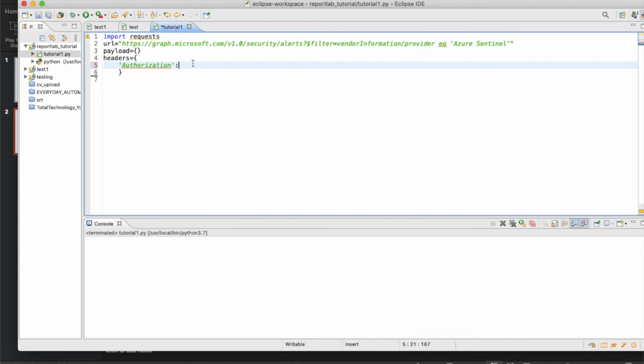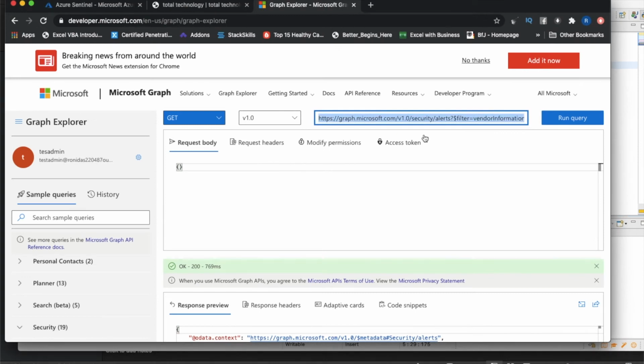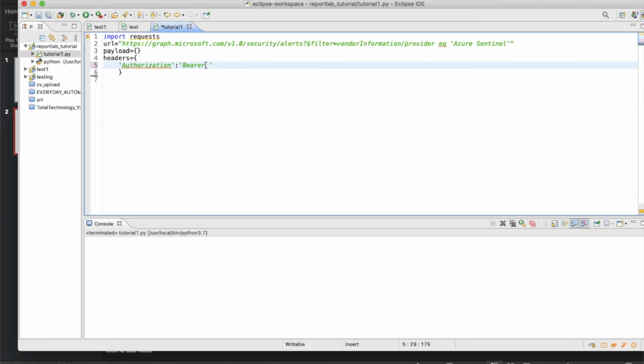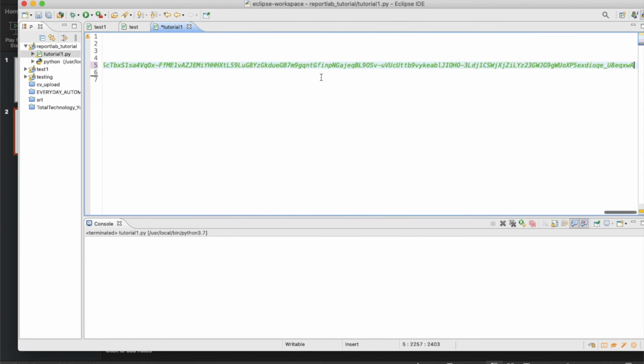After that you just write something like this: bearer token. Those who are already working on OAuth and other related stuff, for them it is going to be much easier. And how to get the token is also very easy. If you click on access token here, you will get this, but it is not a good practice to hard code it. I'm doing this because once this video is done, I'm going to expire my token.